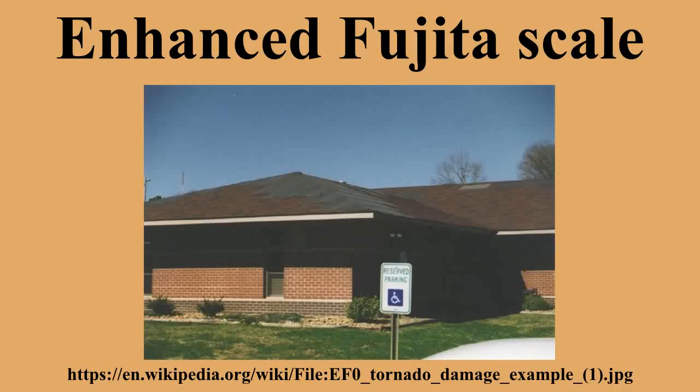Since the new system still uses actual tornado damage and similar degrees of damage for each category to estimate the storm's wind speed, the National Weather Service states that the new scale will likely not lead to an increase in the number of tornadoes classified as EF5. Additionally, the upper bound of the wind speed range for EF5 is open. In other words, there is no maximum wind speed designated.